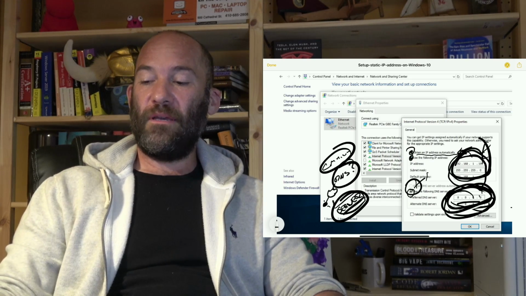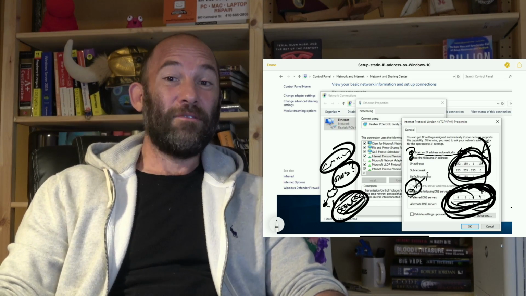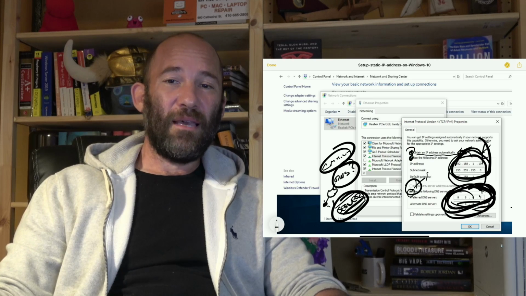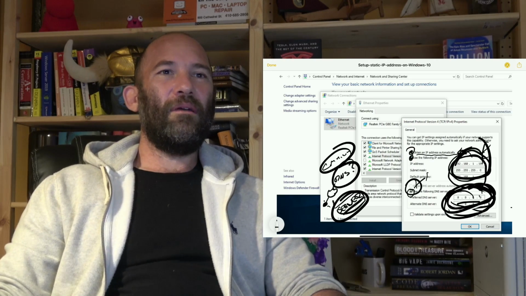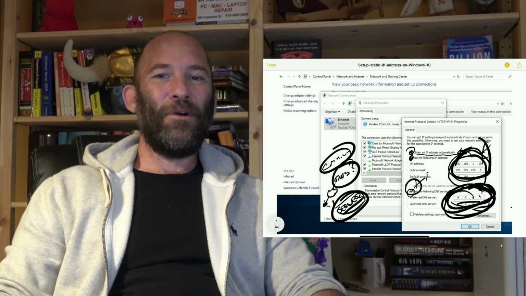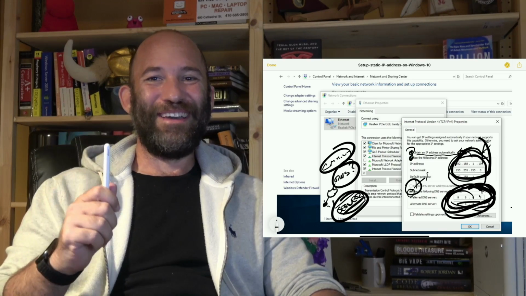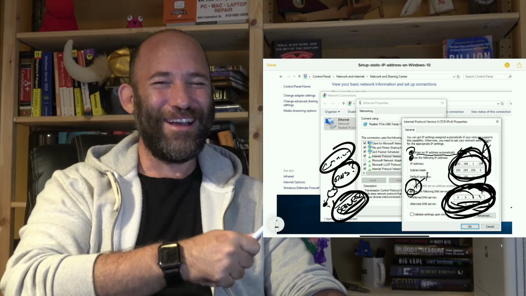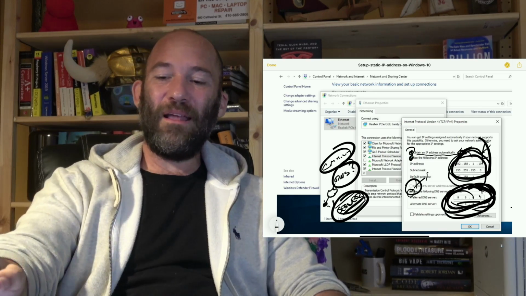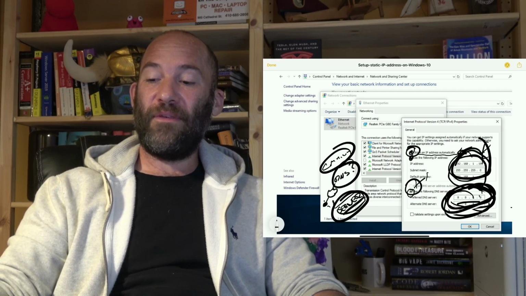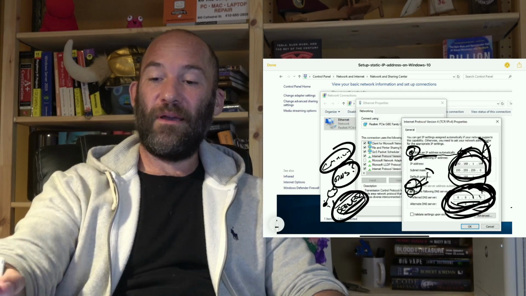And so this is one of the things that you can get screwed up from a troubleshooting standpoint, again, people that are smart enough to open up the network configuration panel without fully grasping what they're doing. But anyways, as long as you have obtain the IP address and as long as you have obtain the DNS address,